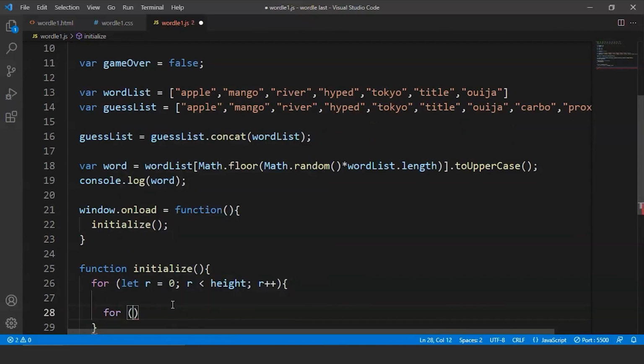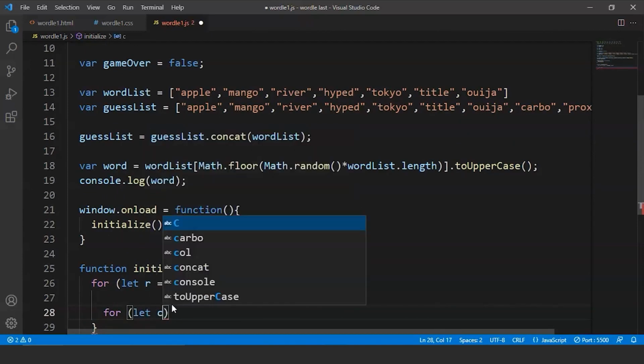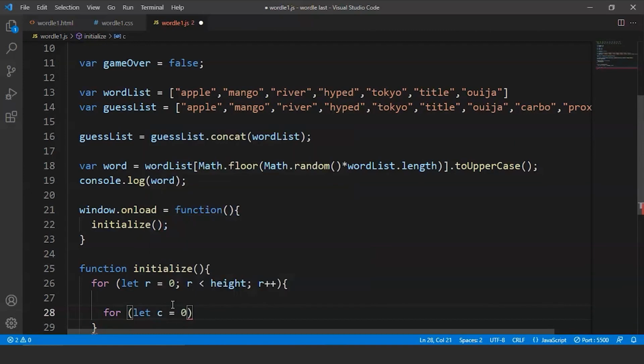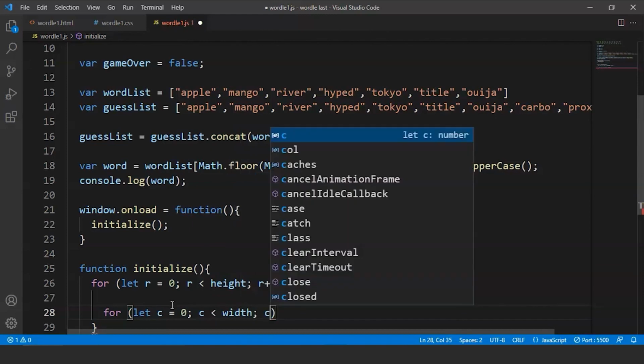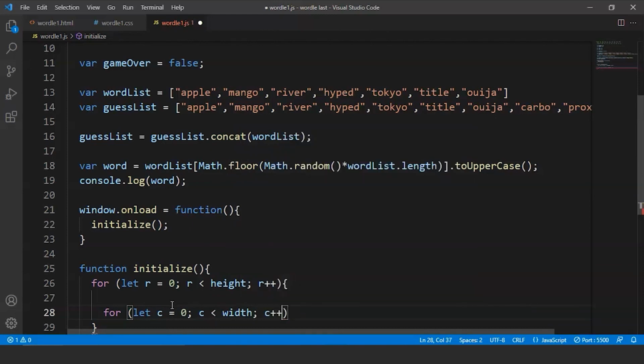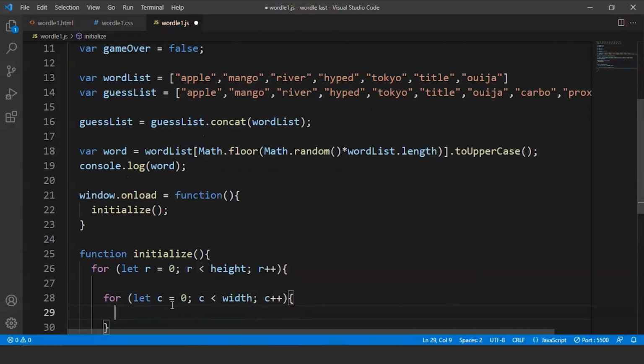So we are going to write here for, let's say we have a variable c and the initial value is set to 0 and the condition is going to be c less than the width. So we'll write here c less than width, and then we'll write here c plus plus. Fine. Now we have to write here again these curly braces because we are going to write inside this for loop. Now we'll write here let